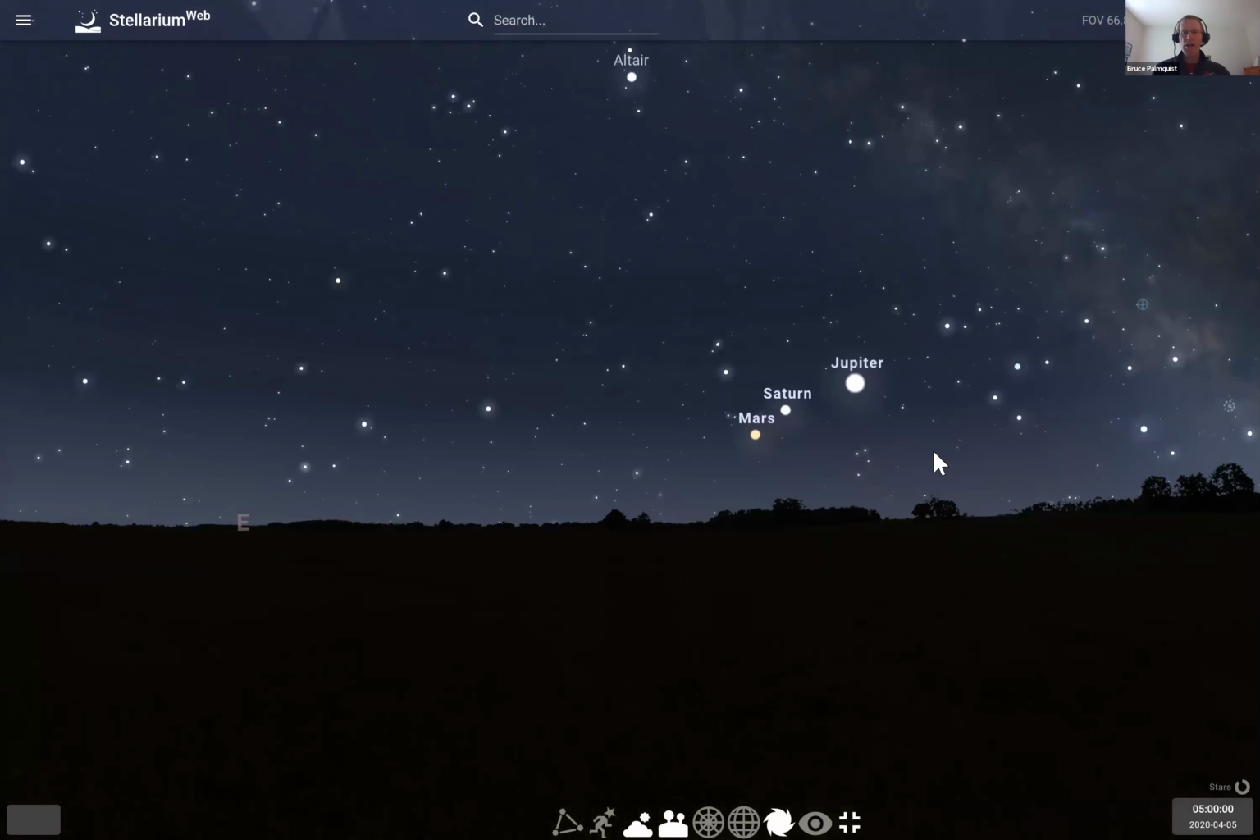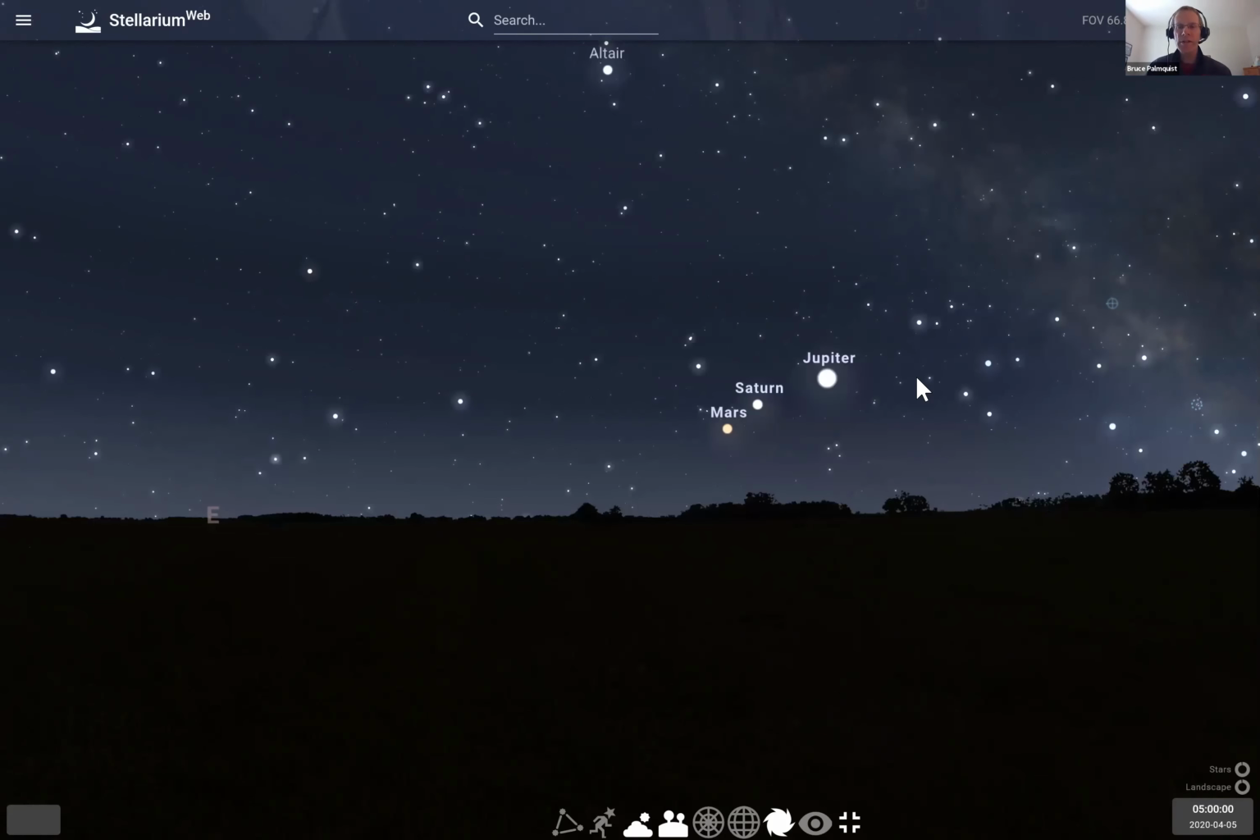If you're an early riser, look in the east to southeast sky and you will see 3 bright planets. Jupiter is the brightest of these 3. Jupiter is typically the second brightest planet after Venus. In some orientations, Mars can be a little bit brighter than Jupiter, but most of the time Jupiter is the brightest. So let's zoom in again